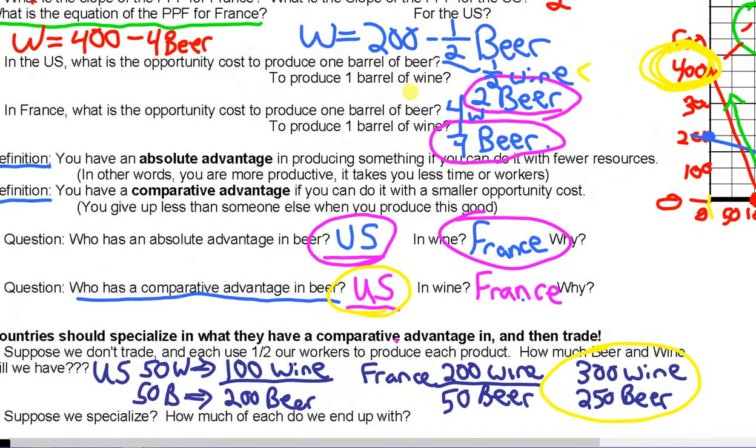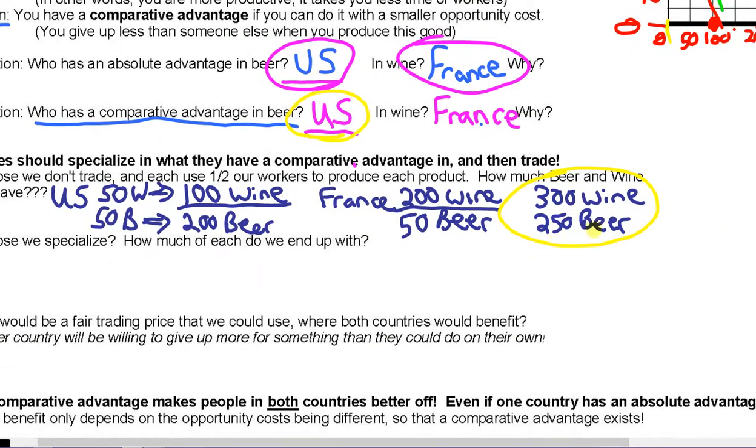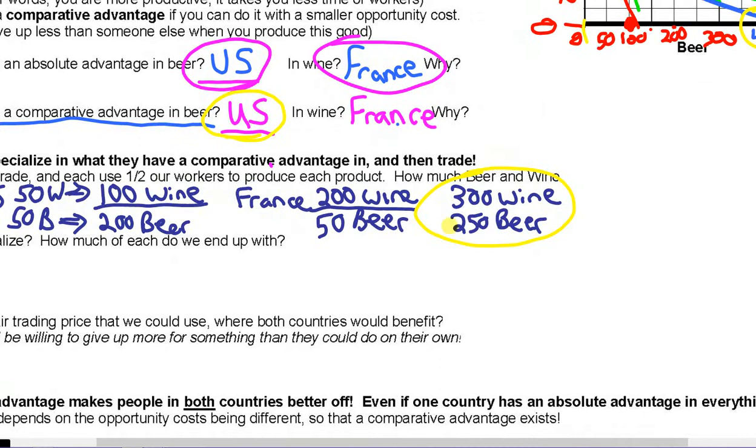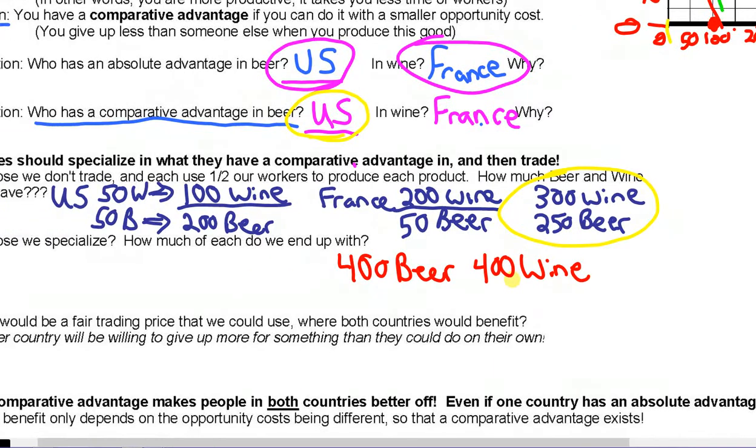So how much world output will we end up with? Well, instead of 300 wine and 250 beer, somehow, miraculously, we would end up with the United States makes 400 beer and France makes 400 wine. This is how trade can make both nations better off. But we just have to figure out now,